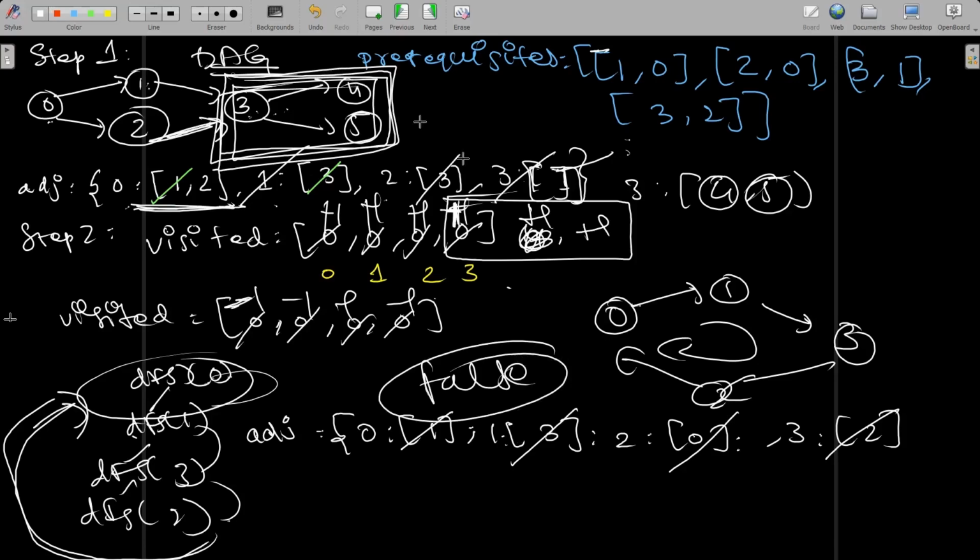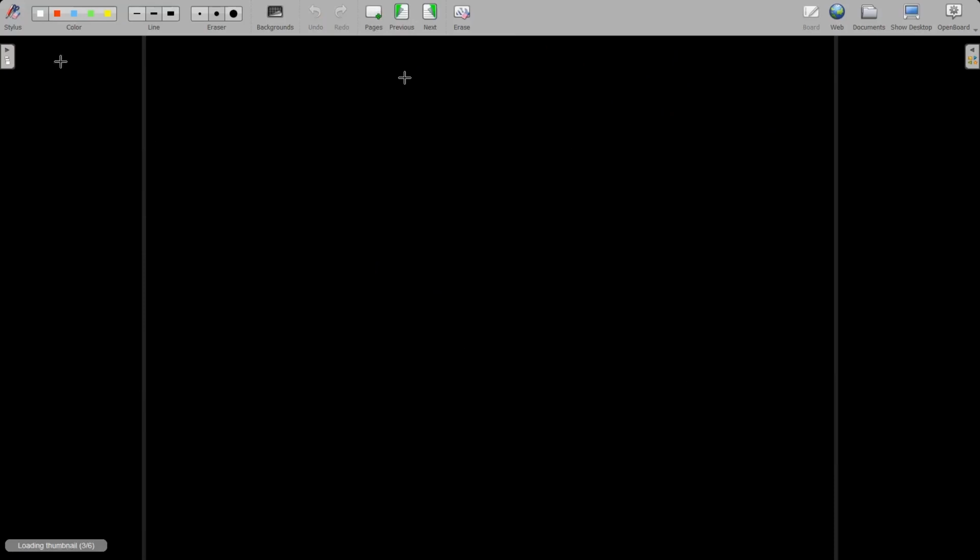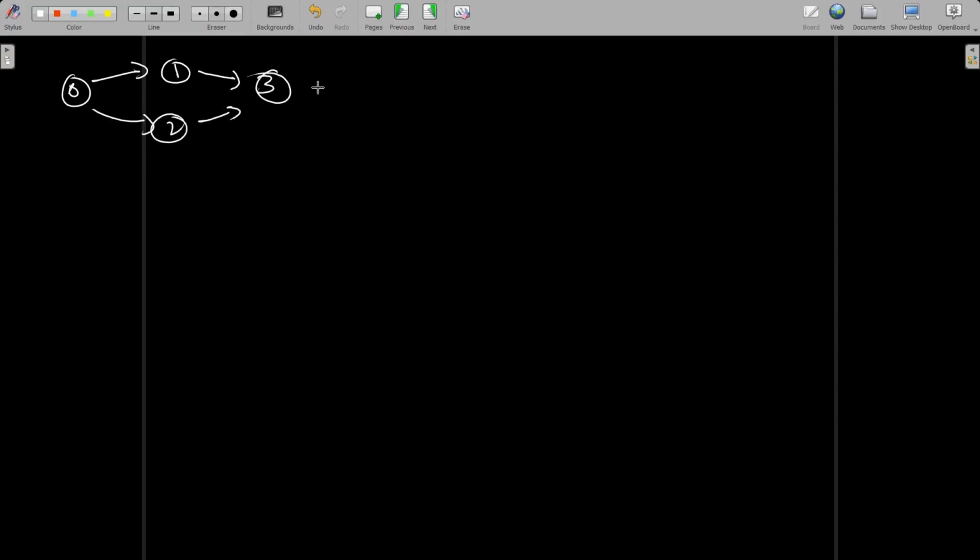Okay, so let me explain how we're going to solve this through code. If we have a graph like this, the very first step is to create the adjacency list. I think it's a pretty obvious way to do it. What you'll do is take the adjacency list equal to a hash map, a dictionary. And what you'll do